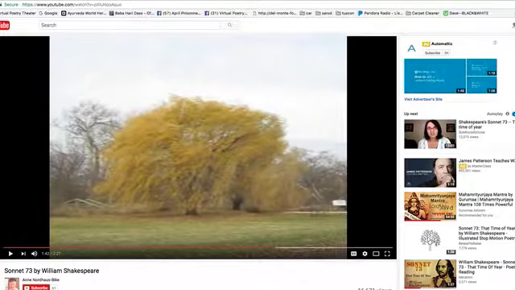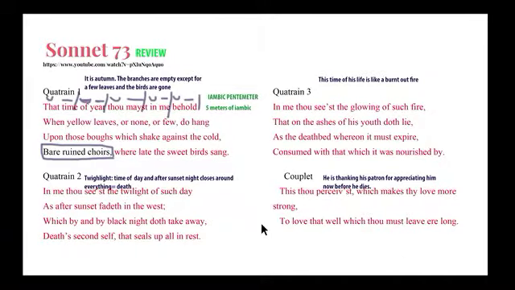So, weeping willow tree. Weeping willow. That's funny because if you know, Shakespeare's first name is William, right? I just thought of that. Weeping willow, weeping Will. I don't know if the person who made the video has that in mind, but that's an interesting coincidence if not. Okay, so